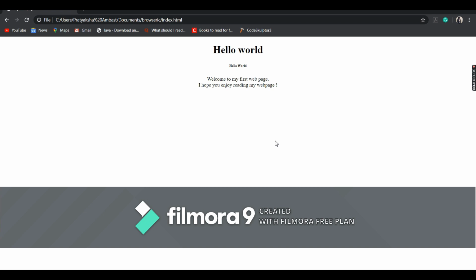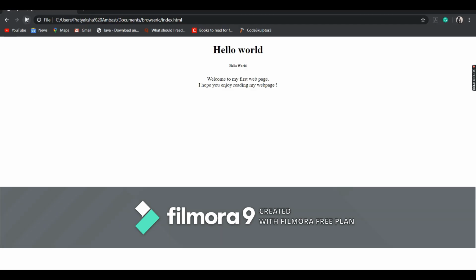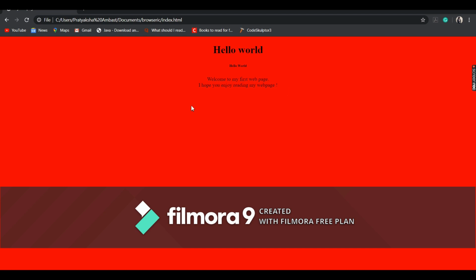Now suppose I want to give it a background color. So that is to the heart and soul of your web page, so you go to the body tag. For giving a background color, you use bgcolor. Please remember the spelling because there are people who use COLOUR, it won't work. So the value, suppose I give red, make sure to write it in double inverted commas, whatever value you are giving. Again save this, go to the browser, refresh. See, here it is, the background color. Now the title is actually shown over here, my web page, the title that I had given. It shows in the bar.